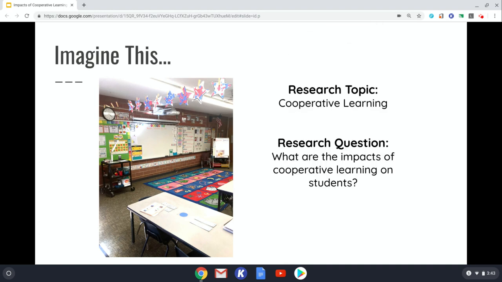Cooperative learning allows for students to interact positively with one another to achieve different learning goals. My plan was for my students not to just sit during calendar, but to actually get involved in that learning we do during calendar time each day, along with their peers. I wanted to see how using cooperative learning during calendar time with different math or reading concepts would affect my students, either positively or negatively. So I went with the research question: what are the impacts of cooperative learning on students?